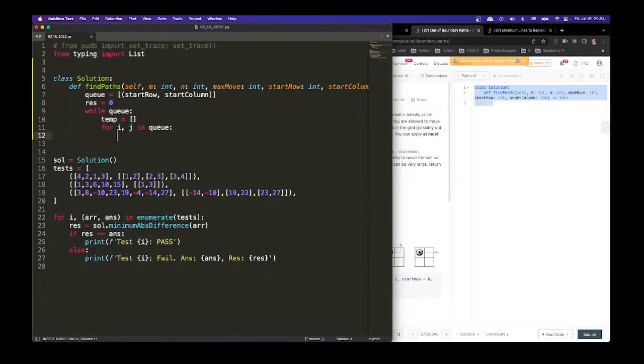Right, so we're going to do 1 move, right? And then move, we just do max move while q and max move, right? So we're going to do 1 move. For every 1, we're going to do 1 move, push in the queue. We say it's going to be